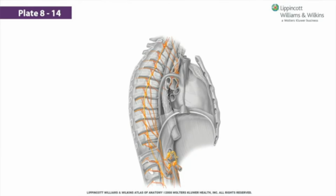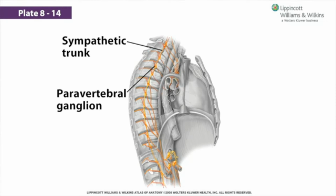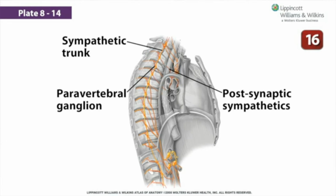If the target organ is a blood vessel, an erector muscle of a hair follicle, or a sweat gland in the trunk or the limbs, the sympathetic fiber will ascend or descend or stay at the same level of the sympathetic trunk to reach the appropriate level according to the location of the target organ. It will synapse at one of the paravertebral ganglia found along the sympathetic chain. Postsynaptic sympathetics